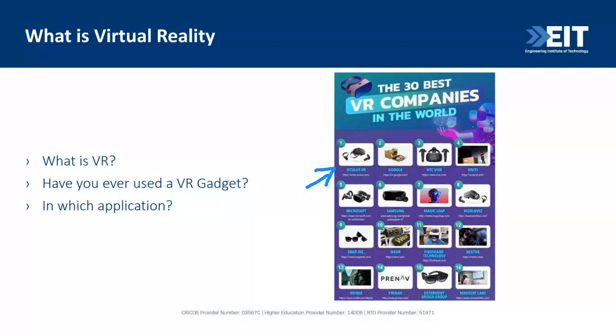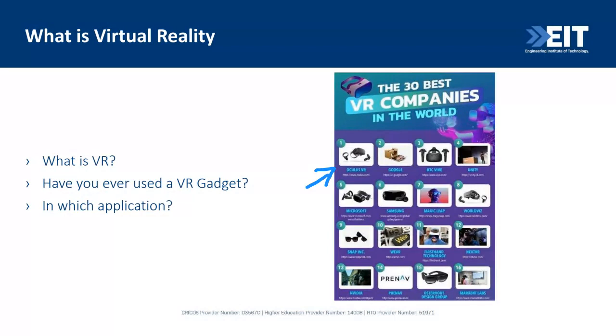That's what virtual reality is. Now, when we talk about virtual reality, there are different devices. And again, some of them have been discontinued, but some of them are still active. You have things such as Oculus VR, Google, I think there was HTC Vive, Unity. There's Microsoft HoloLens, though I think that's more on augmented reality. But there are different devices that work with the software and take you to a virtual environment.